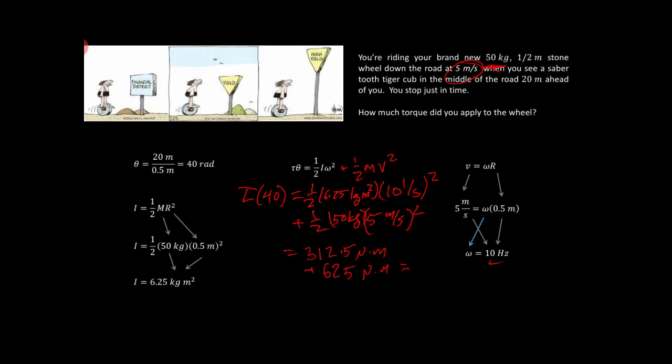And so that is going to be equal to what? 937.5 Newton meters. Okay, so now we have to divide by 40 to get the tau, the torque,